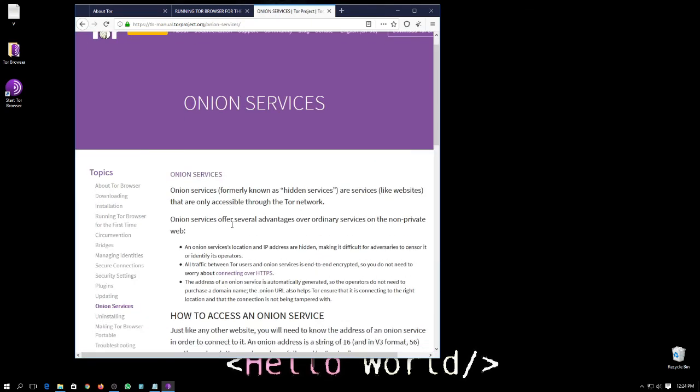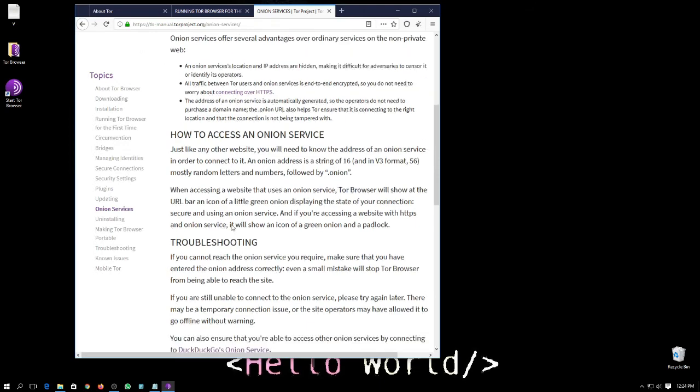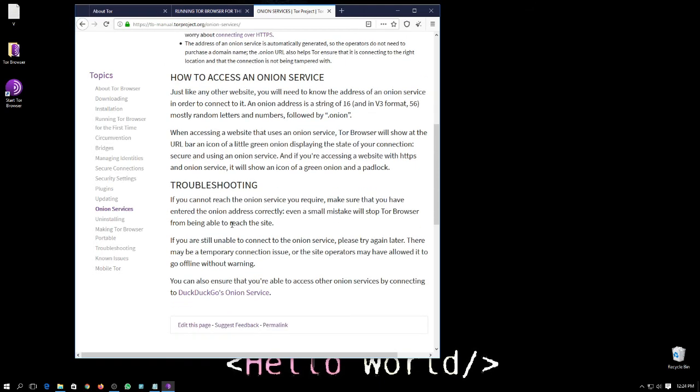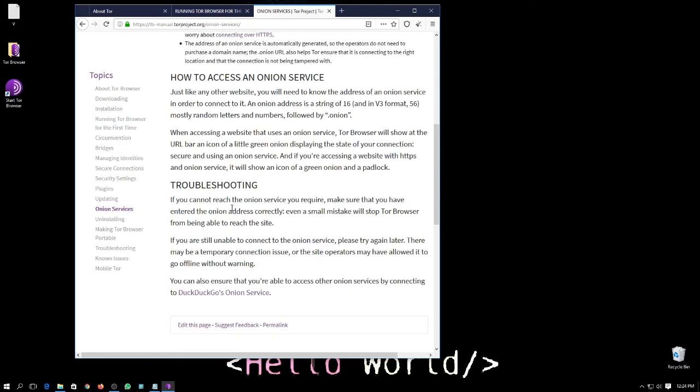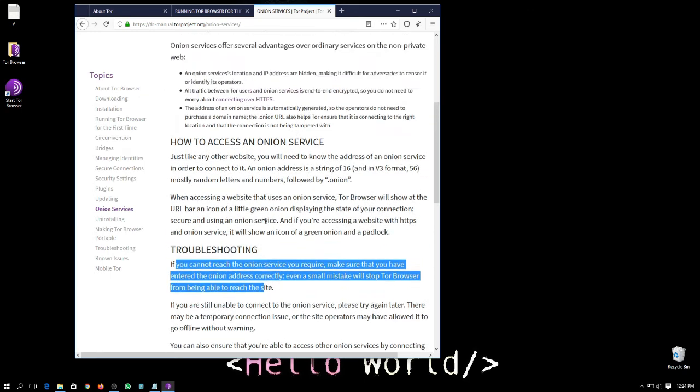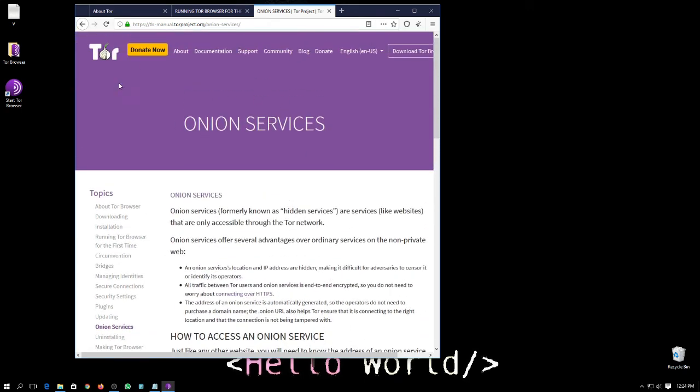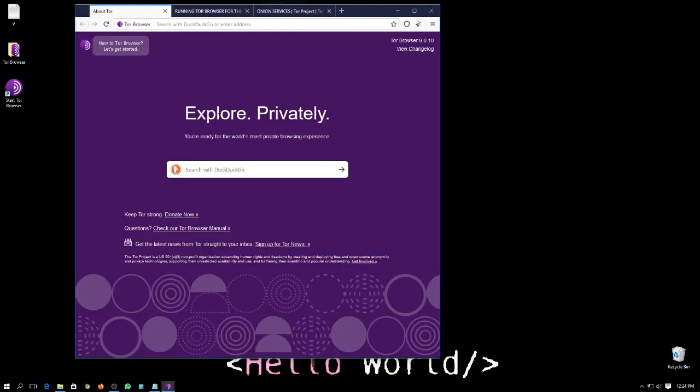And there is one more thing, onion services. So here you can see how to access an onion service. Onion services are those services which are usually known as dark web sites or dark net sites. They are usually known as onion services, where you can buy drugs, you can watch illegal sites. I'm not talking about just porn. There are many other illegal sites where you can buy drugs, you can hire any hitman or things like these. Okay, so here you can do whatever you want to do.